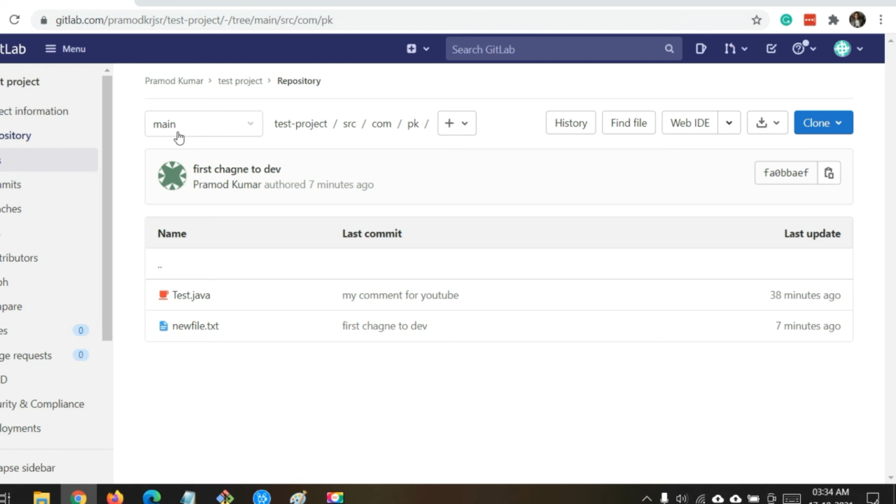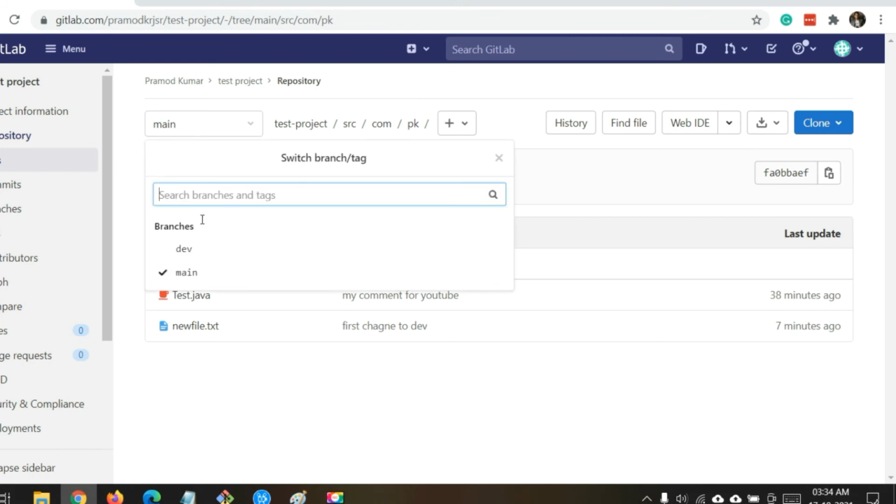So once my branches are merged, now there is no use of dev branch because these are already merged to the main branch. So there's no use of this. So we should remove this branch and we should keep only the main, unless and until you require something more to do something. So now I'm going to show how to remove a branch which is not needed in future.